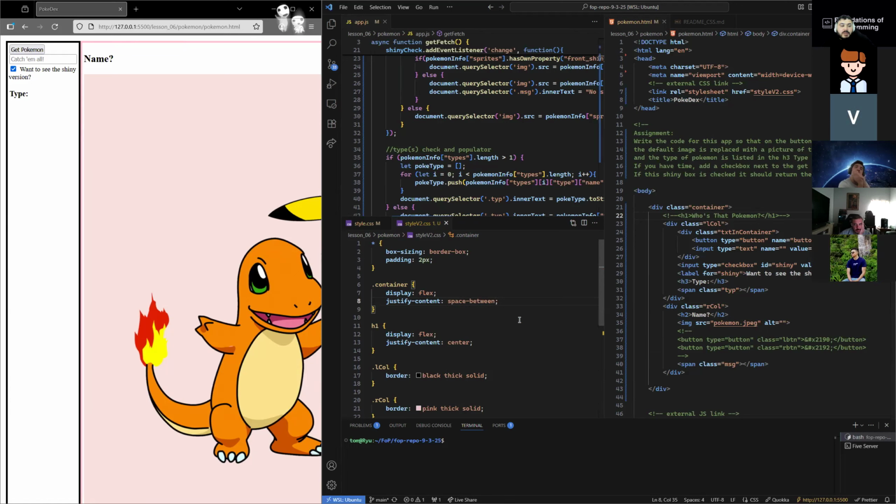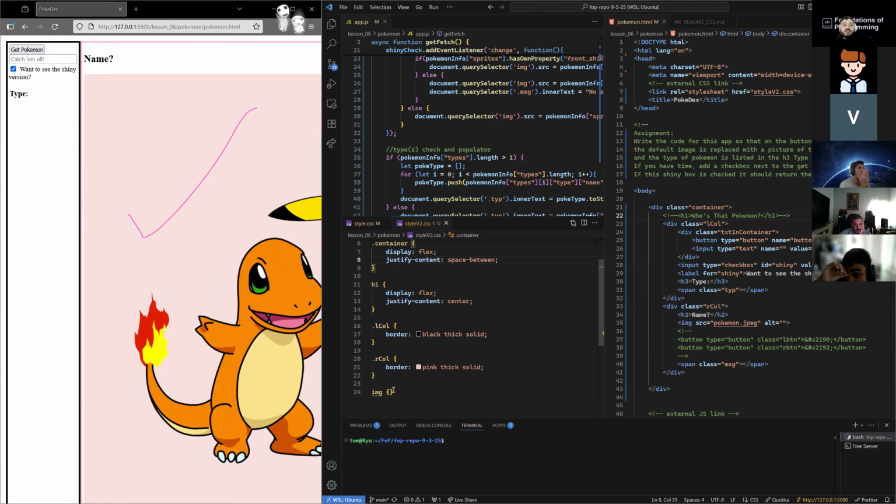Okay. So what's probably happening here is this image is naturally trying to take up 100% of the space it's able to. And this might be messing up how it's aligning. So how about we limit the restriction of this column, the right column, and we're going to set it to